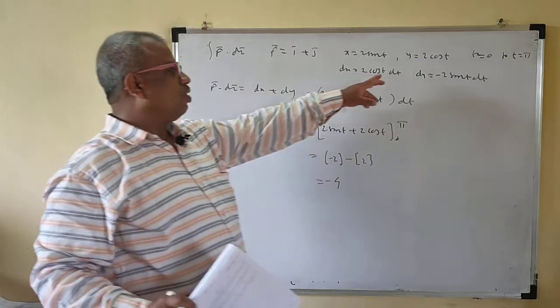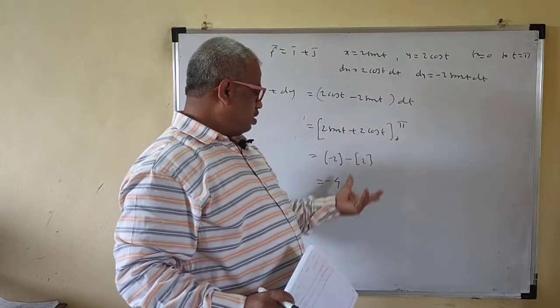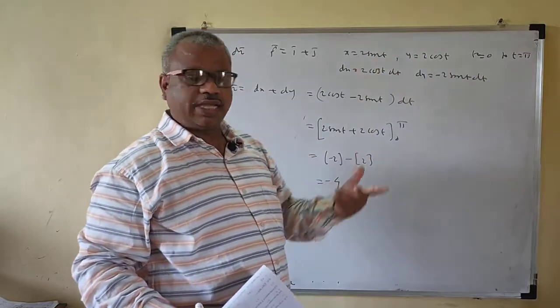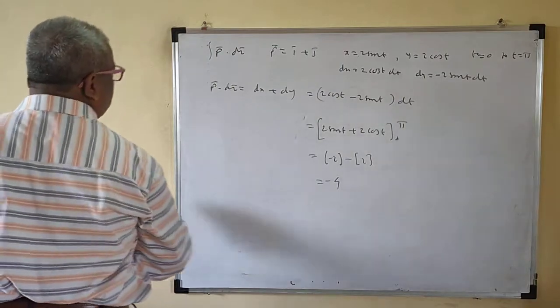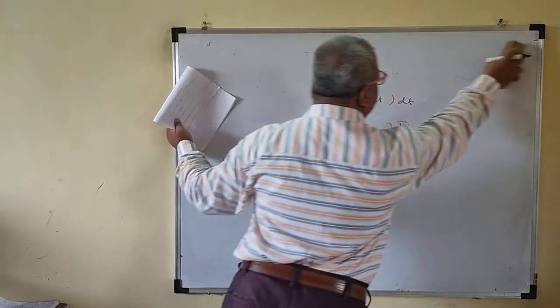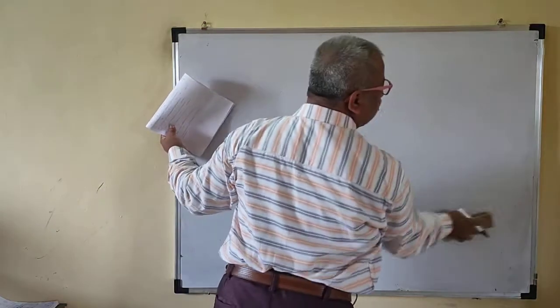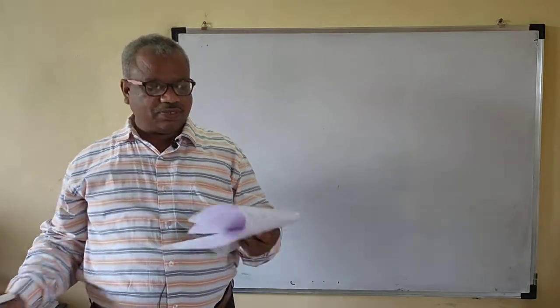Okay, so very simple here. So if this is not 2, only sin t plus cos t, whatever this may be. Suppose this is sin square, cos square, something like this, you have to differentiate this and you have to integrate this. So this is the parametric equation. That means x in terms of t is already given, y in terms of t is already given. Then the problem is very easy.